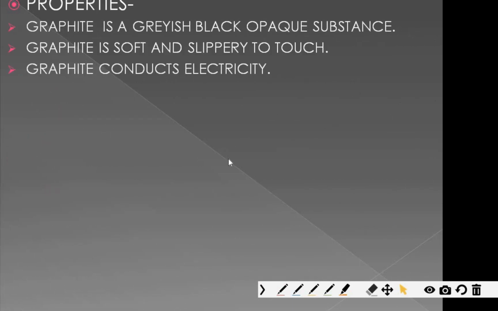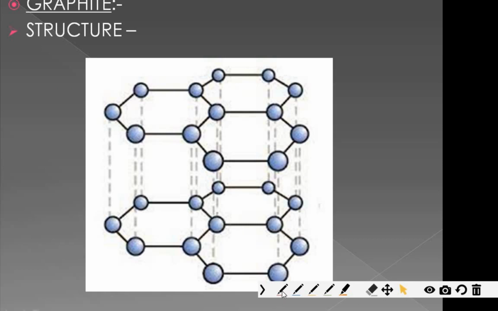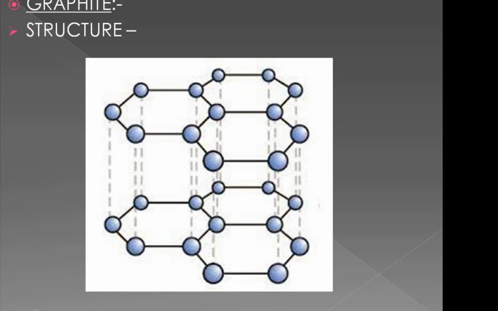Now the next property is that graphite conducts electricity. How does graphite conduct electricity? It is made of a non-metal, right? Now this is a very important one, you should know this. Now see, carbon here has how many bonds? 3 bonds, but it should have 4 bonds, right? Similarly, this carbon also has 3 bonds, this also has 3 bonds, this also has 3 bonds. All the carbons in this sheet have 3 bonds, except this carbon and this carbon. Similarly, this also and this also. Remaining all others have 3 bonds, right?